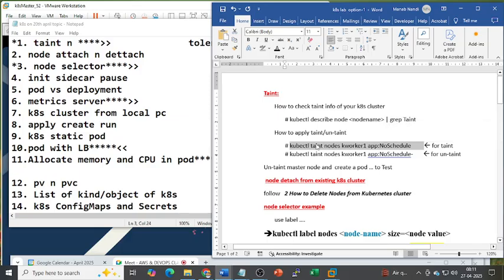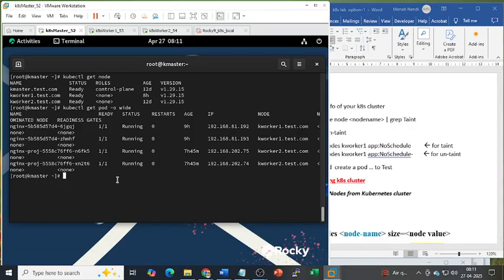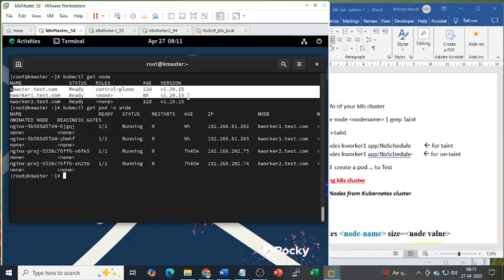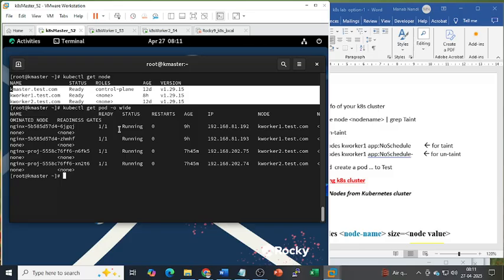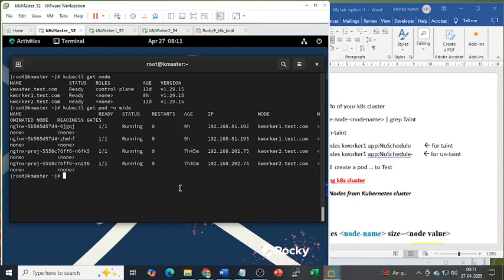Let's see, we just try to taint one node and check it. See right now what the status is. My nodes are running: control plane, worker 1, worker 2. Then I check the current pod status. It is showing 2 pods running in worker 1 and 2 pods running in worker 2. kubectl delete pod